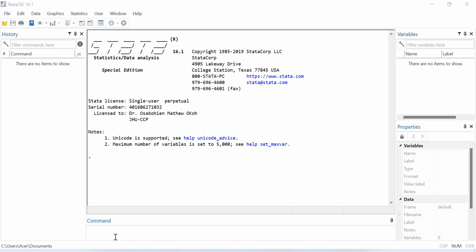Today we will continue our discussion on the review of Stata interface. As with other window programs, the Stata screen also has a title bar. As you can see here, this is the title bar, a menu bar,